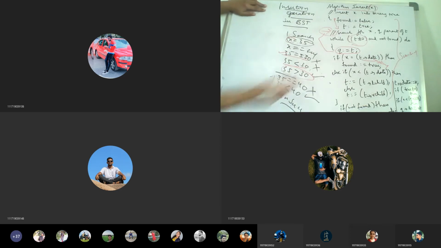So for 35, you have searched in the first phase of the searching technique. You didn't find it. So what do you have to do? You can make this 35 the root node, by taking its left child as 0 and right child as 0, or sometimes in some data structures we say this as null, by assigning left child as null and right child as null.